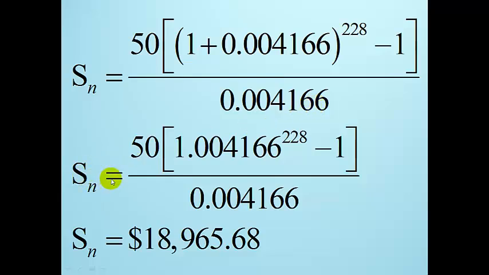Now Sn is equal to 50 into bracket 1.004166 exponent 228 minus 1, divided by 0.004166, and Sn is equal to